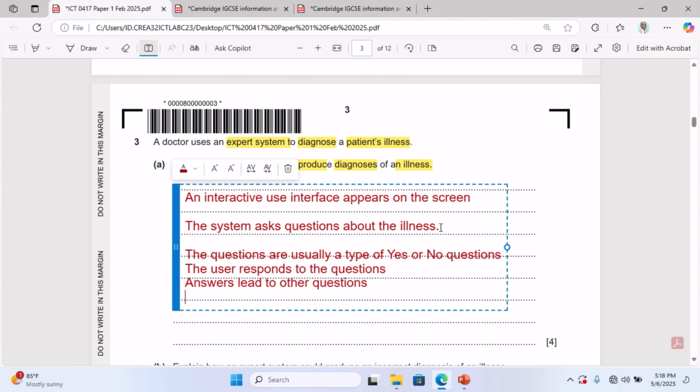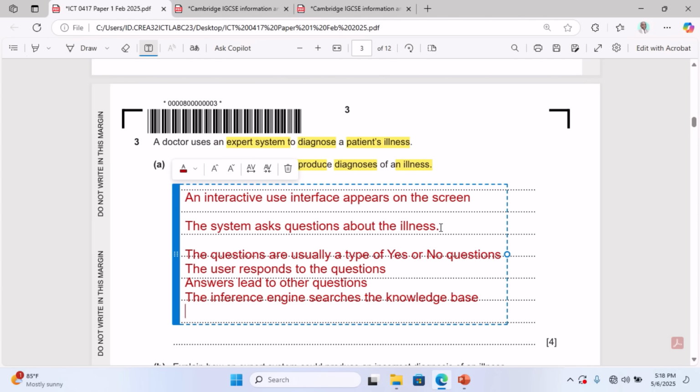From there, the inference engine will search the knowledge base, and it will use the rules base. You see, all the components are being captured. Then from there, the output screen